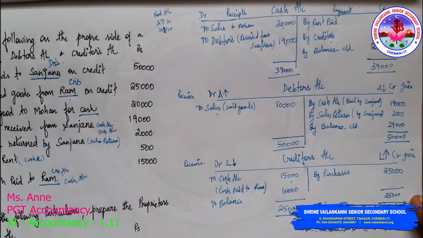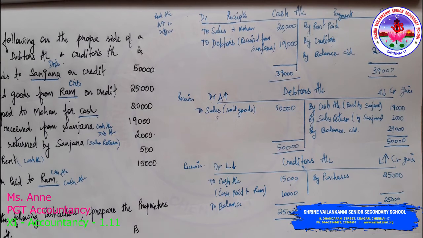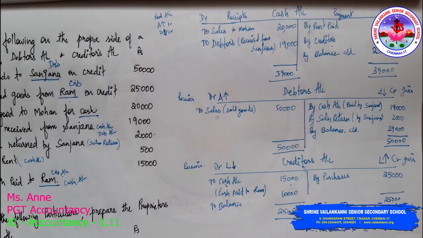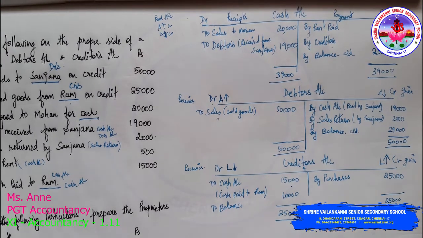So in accounts, when you are preparing an account, you should first try to balance the account. In life also you should try to balance both negative side as well as positive sides, right? Similarly, in an account also you have to try to balance between the debit side and credit side, make it equal so that it looks balanced and it looks nice.